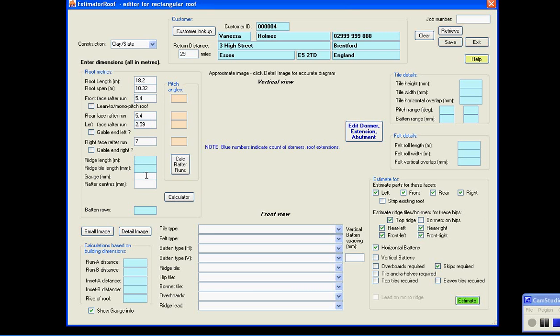So we're going to put in our gauge. The boxes in blue, this program itself will fill in for you. The boxes in white you need to enter yourself. Sorry, I've got those the wrong way around. So we're going to have a gauge of 330, rafter sensors 440. Okay, now